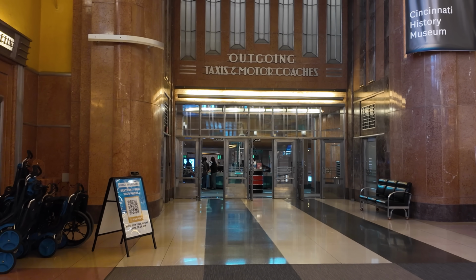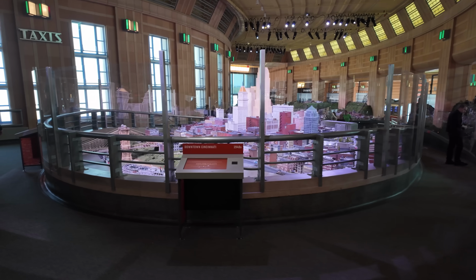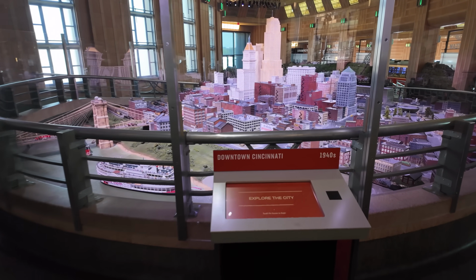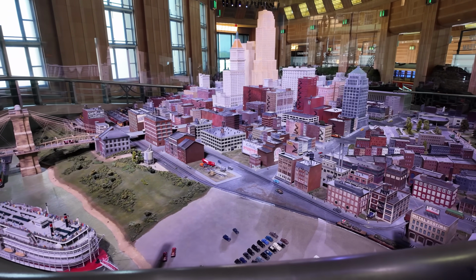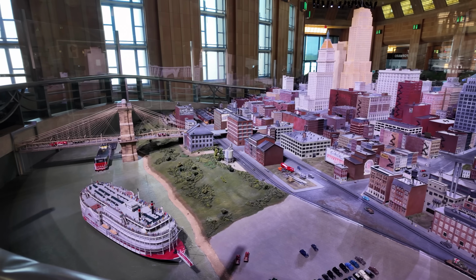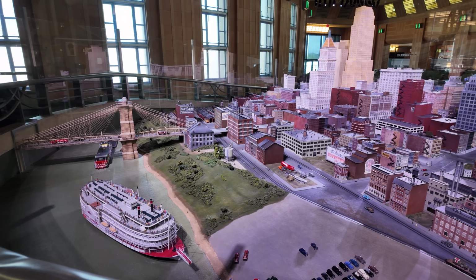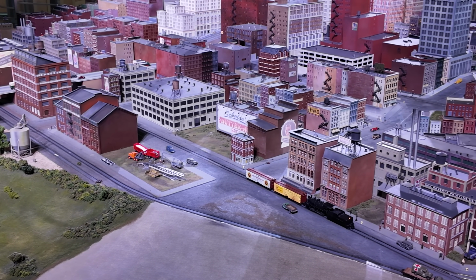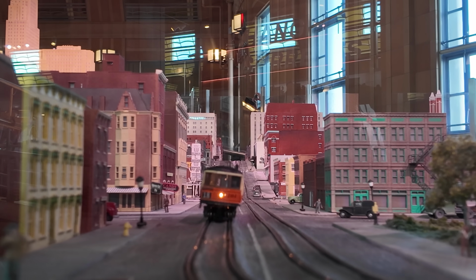Of course, I do have to highlight my favorite museum of the bunch, the Cincinnati History Museum. You walk in and you're immediately greeted with this living miniature version of Cincinnati, what the museum calls Cincinnati in Motion, a 1:64 scale model of the city that recreates downtown in the 1940s, with working trains, streetcars, inclines, and a day-to-night lighting system. It's billed by the museum as the nation's largest full-motion urban layout of its kind, spanning roughly 4,000 square feet,